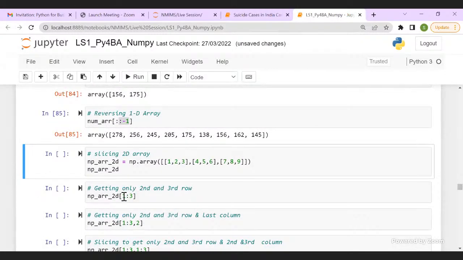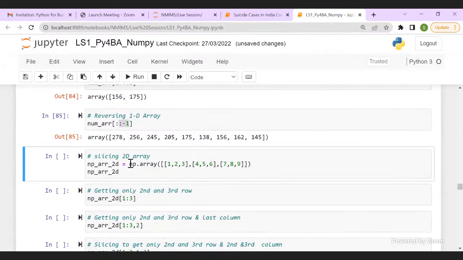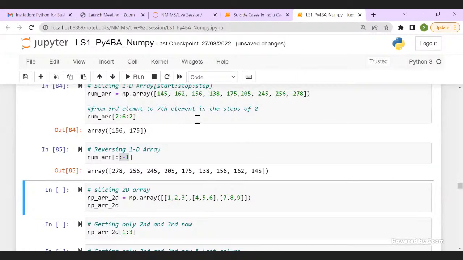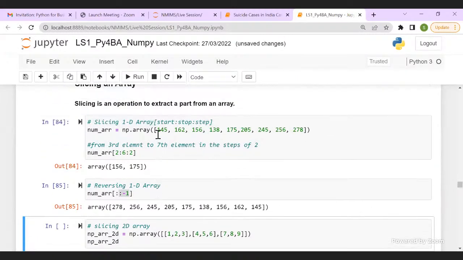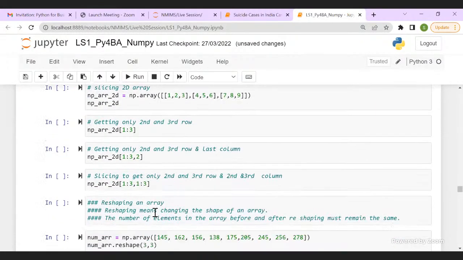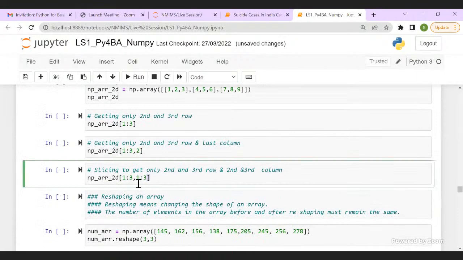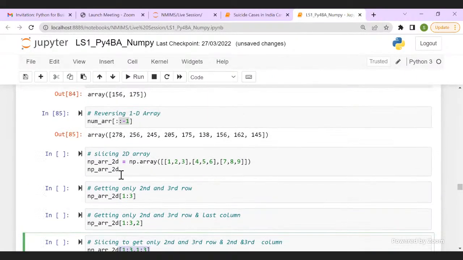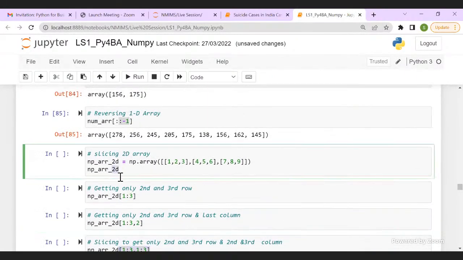Now, in case of a 2D array, where for 1D you have start, stop, step, you repeat your start, stop, step list separated with a comma. So you similarly do it for your 2D array.